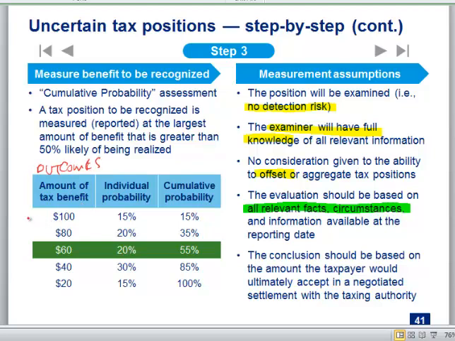I claim an R&D credit on my return of $100. Well, I could win all $100. I could settle at 80. I could settle at 60, 40, or 20. Right? And those are pretty much arbitrary outcomes. But in theory, the first thing you're supposed to do is identify what could happen. Right? So Amanda goes back to work at the FTB. She comes and audits me. I'm trying to anticipate what's going to happen. And I come up with these 5 scenarios for some reason.